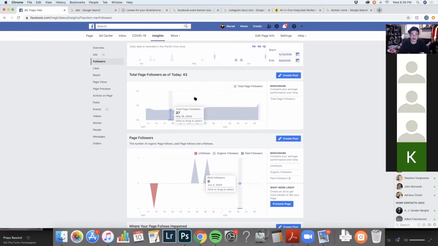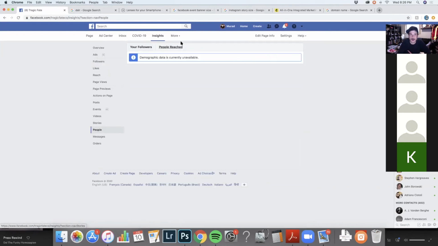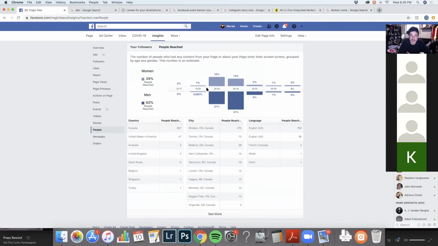Because my page is so young and I only have like 50 followers so far, it's not giving me a lot of data to show you. But when you click through all of these insights, this is good stuff to look at so that you have an understanding of where your people are reached.